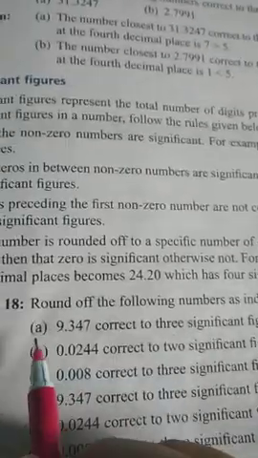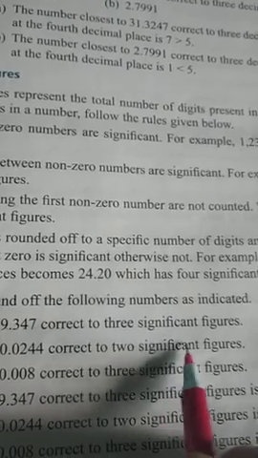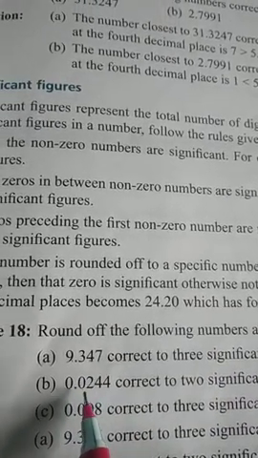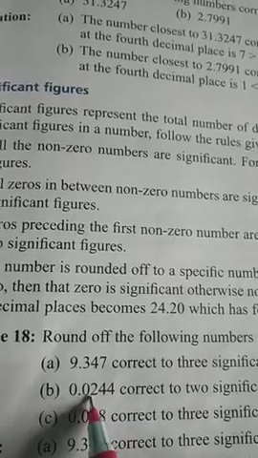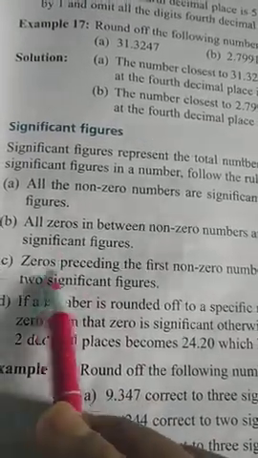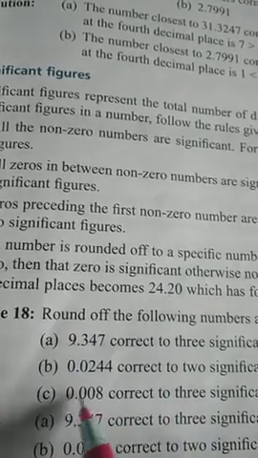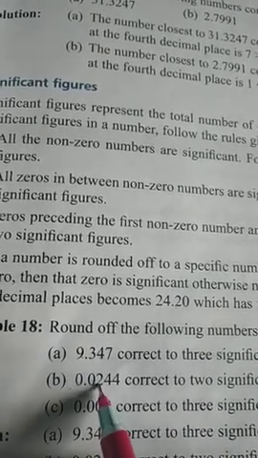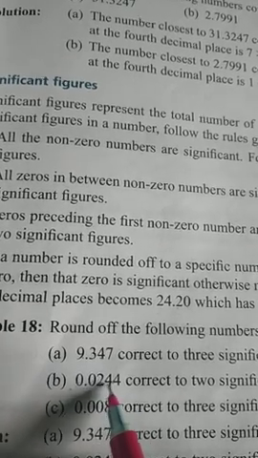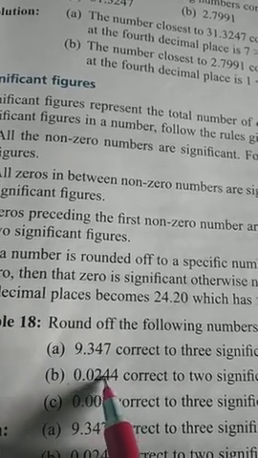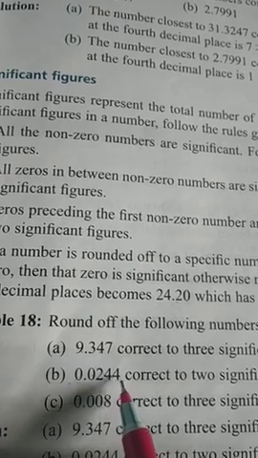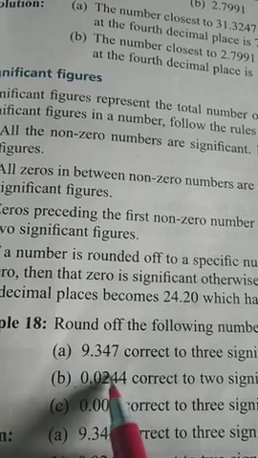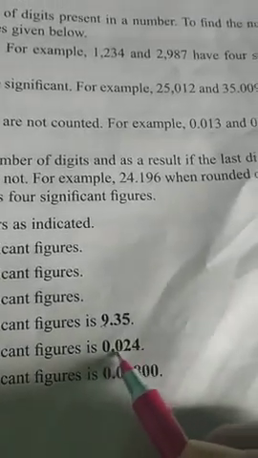9.35. Okay. Now, correct to 2 significant figures. You have to round off this number correct to 2 significant figures. What is 2 significant figures? As I have told you, the rule is zeros preceding the first non-zero number will not be counted. So these zeros will not be counted as significant figures. Then 2 and 4, those are the 2 significant figures. After this you have to see this is 4. 4 is less than 5. So it will remain 24. So 0.024 will be its answer.